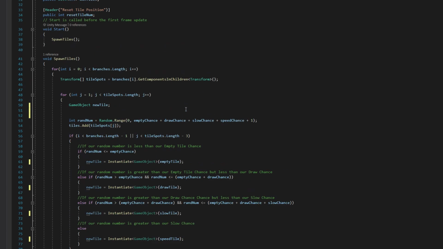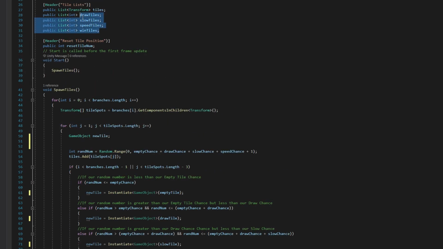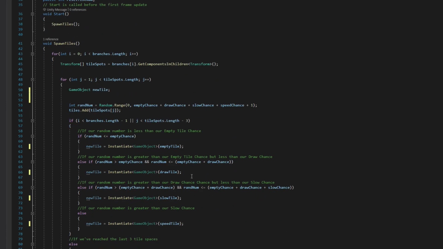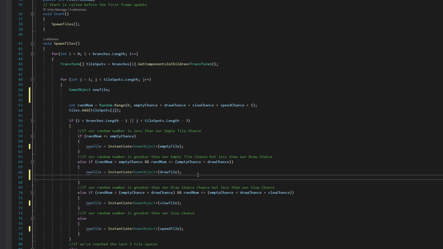The next thing that we need to do is we have these lists up here, these public lists that hold the position of our tiles. So each special tile, we have that assigned in a list so that we can check and see which tile we've landed on, and then the game will react accordingly. So what we're going to do is under draw tile here, we're going to say drawTiles with an S. That's our tiles list, and we're going to say add